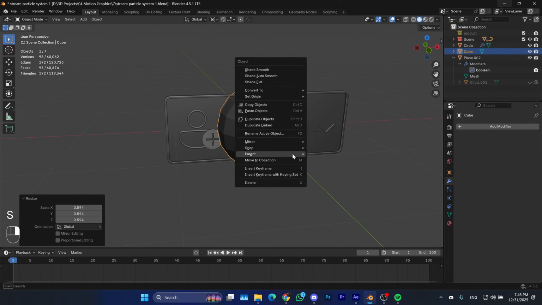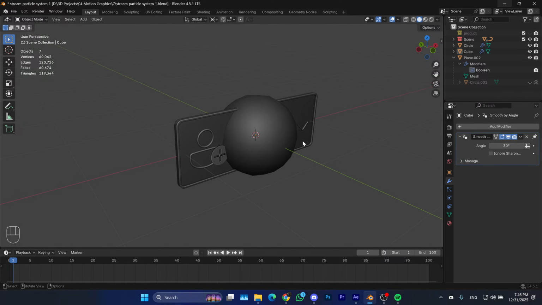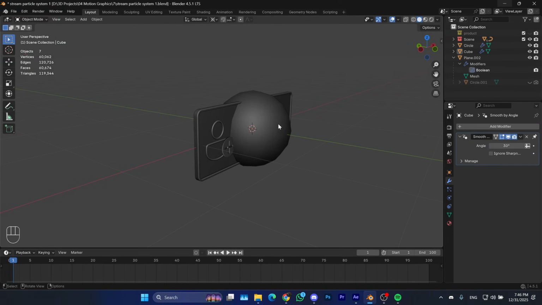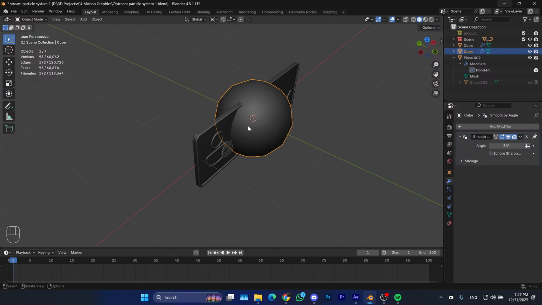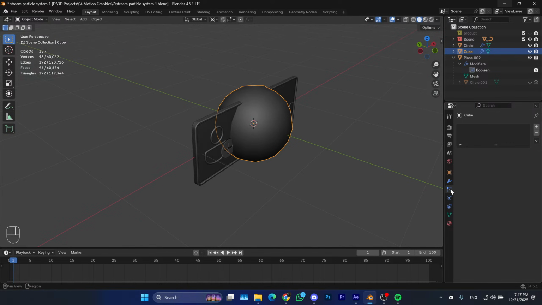I think that looks okay for now. Let's just shade it auto smooth. This sphere, we're not going to see it. This is going to be the particle spawner. This is what is going to be spawning the particles. So if we go right away to the particle systems,